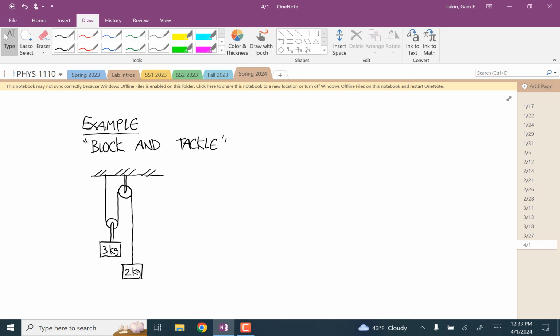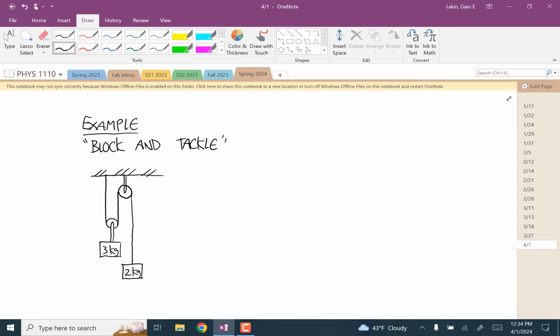And so I wanted to show you this block and tackle idea, but really the way it's relevant to what we're talking about now is things are going to get more complicated in this one when we think about the relationships between the accelerations, okay? All right, so notice if this wasn't such an unusual setup, the 2 kilogram would accelerate up and the 3 kilogram would accelerate down. That seems pretty obvious, right? With this elaborate setup, the 3 kilogram is going to go up and the 2 kilogram is going to go down. Okay, so